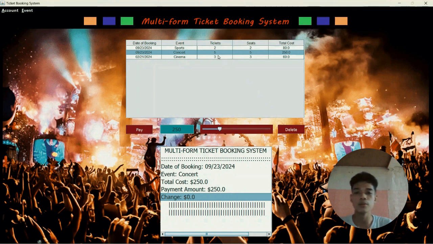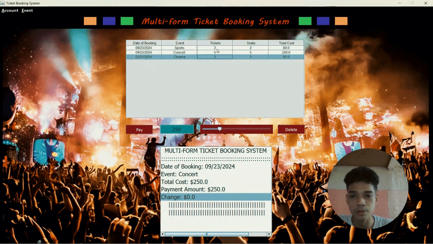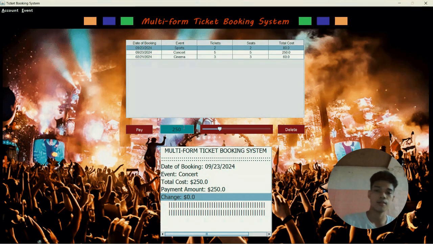So if I'm going to pay the others, for example the sports, and pay again with the amount of 100, the total cost is 80. So I'm going to pay this one. We have $100 for the event sports.